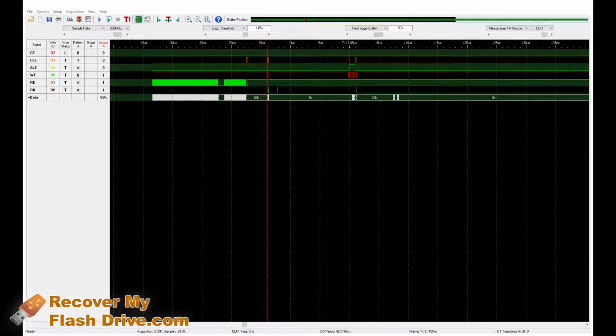So a flash drive, like any modern device, I guess you could say, has firmware on it, and that firmware acts like an operating system, like Windows or Mac OS 10 or whatever. It has its own boot procedure. It loads some code into memory, executes it, and it has its own proprietary file system, like NTFS